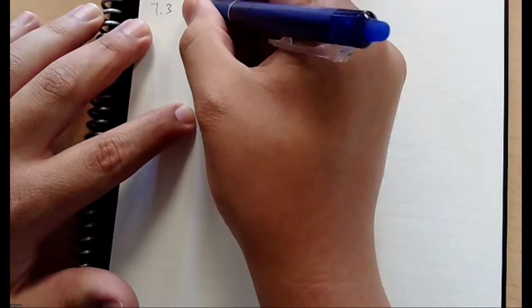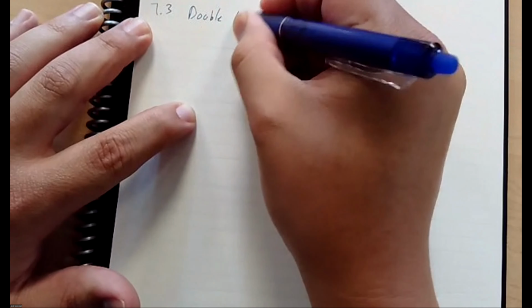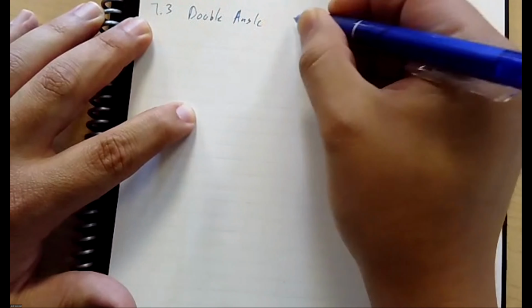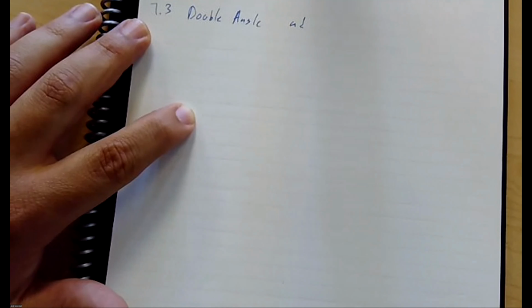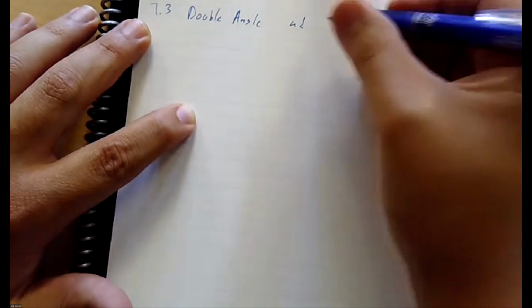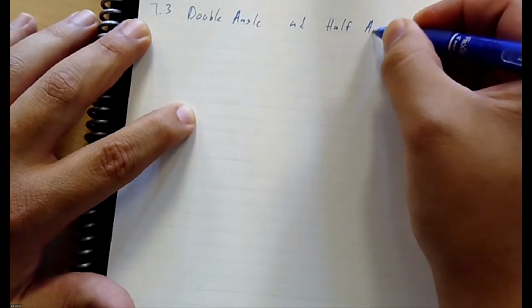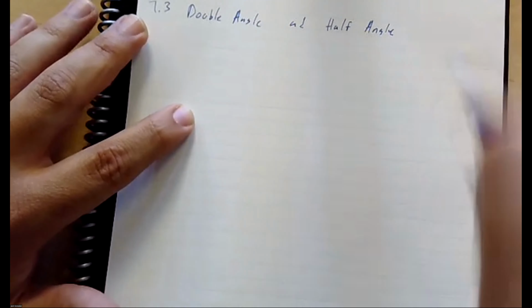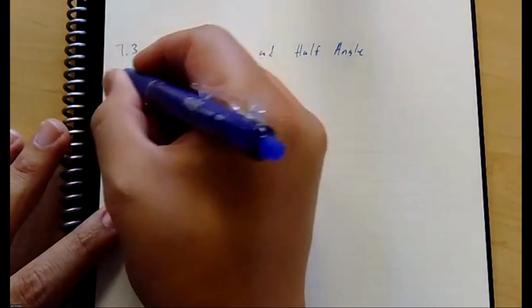Okay. 7.3 is about double angle and half angle. So let me give you a problem solving type and then we'll do a proof type. Okay. So number 4,